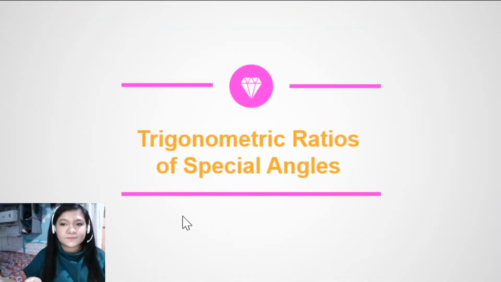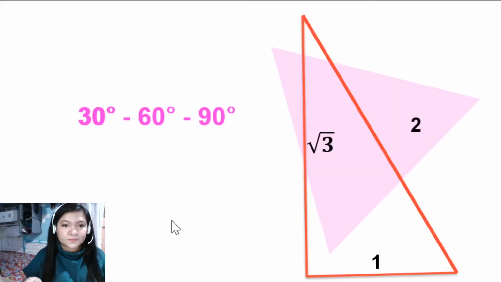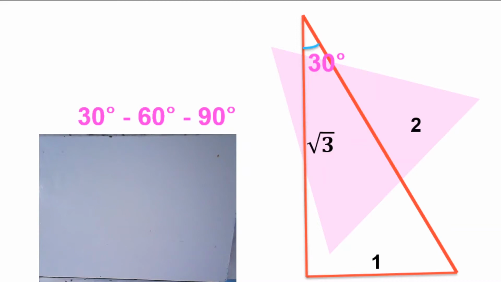Now let us get the trigonometric ratios of special angles: 30 degrees, 60 degrees, 45 degrees, 90 degrees, and 0 degrees. Let's start with the 30-degree angle. From our previous lesson, we learned that the trigonometric ratios are the comparison of the sides